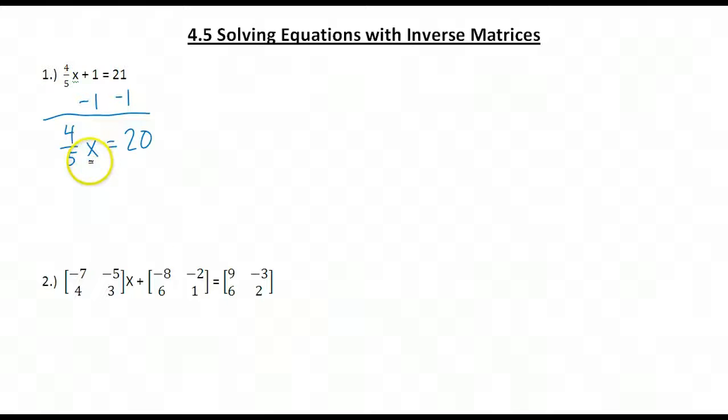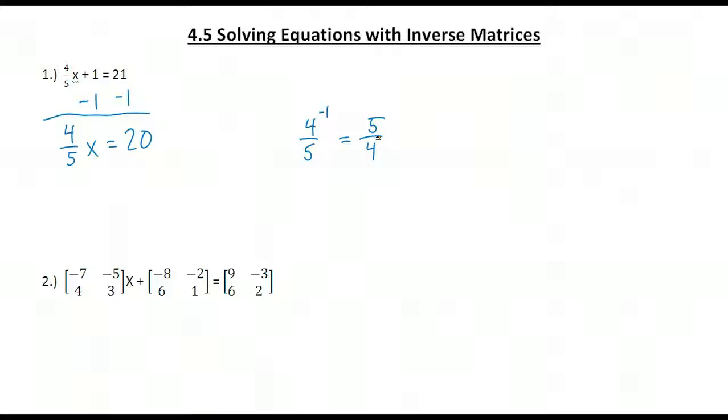Now at this point, most of you are used to just dividing both sides by 4/5. But I want you to think of it differently. In order to get rid of this 4/5, I'm going to want to multiply by the inverse of 4/5. So what is the inverse of 4/5? In multiplication, the inverse is the reciprocal. So the inverse of 4/5 is actually